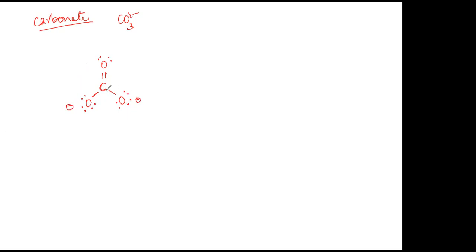Now this pair of electrons, one bond will always be there, the extra pair of electrons is going to shift over here, and because carbon will then lack electrons, it will attract one of these lone pairs towards itself. So another structure for this will be, here the O becomes O minus because it got an extra pair of electrons. The double bond comes here, and this one still has 6 electrons. Then the same thing happens with the third oxygen.